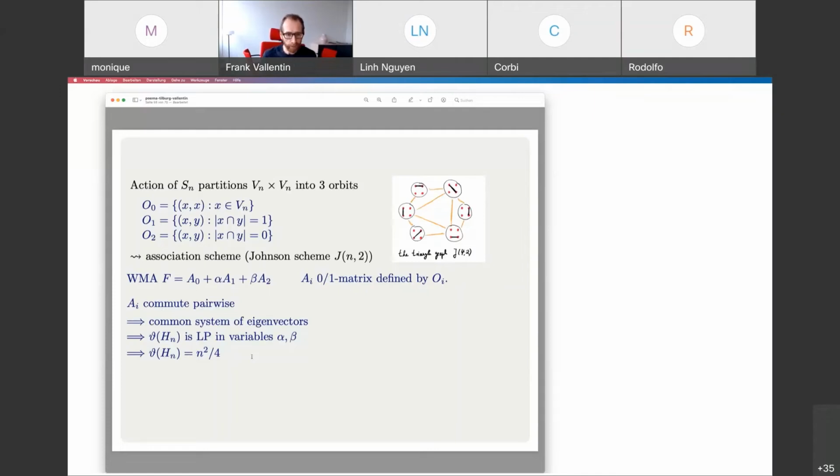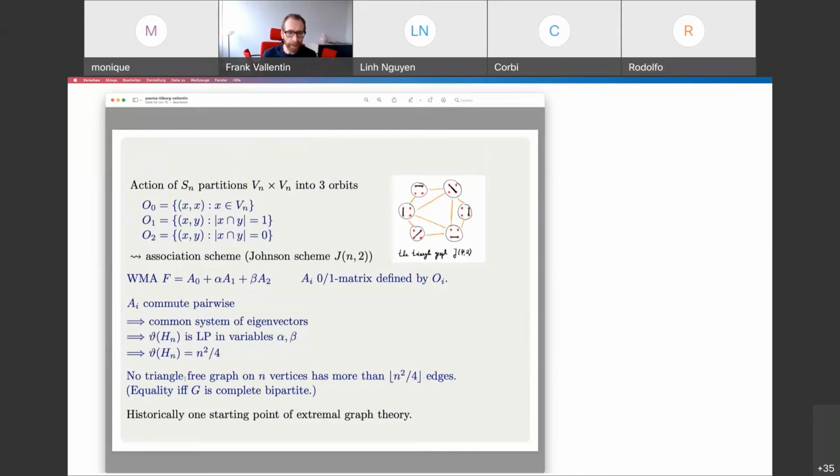So in this setting, we can compute the theta number of Hn exactly for arbitrary n. And in fact, what it implies is that no triangle-free graph on n vertices has more than floor of n squared divided by 4 edges. And if you analyze things a bit more carefully, you see that equality holds exactly for complete bipartite graphs, where both sides of the bipartition are basically of equal size. And historically, that's one of the starting points of extremal graph theory,